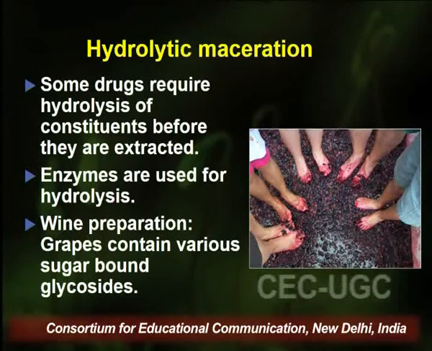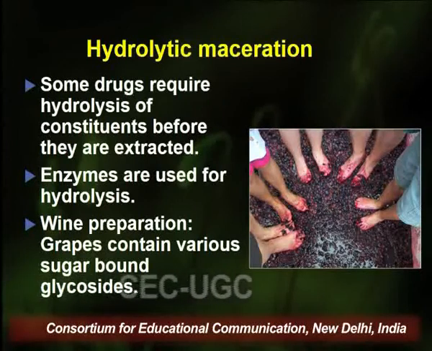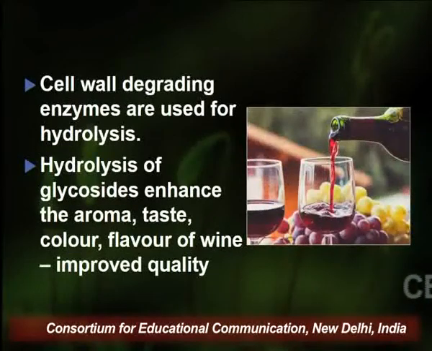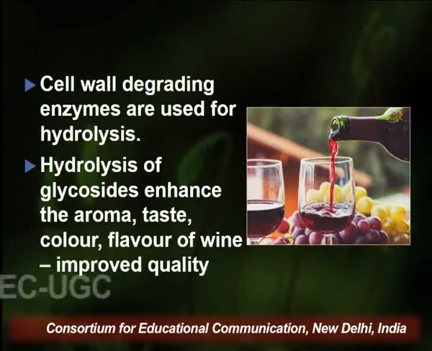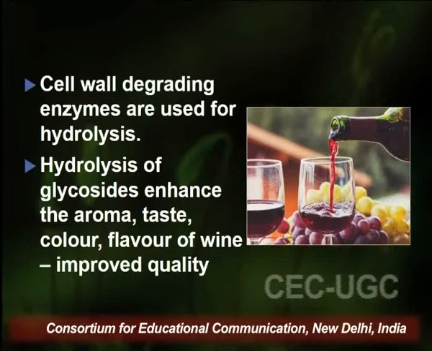extract them. So I have taken the example of the preparation of wine. We know that wine is normally prepared with grapes, and grapes contain various sugar-bound glycosides. So what we do is add cell wall degrading enzymes to the mixture, which causes the breakdown of the cell wall, and eventually crushing is another step involved in the preparation of wine. This breakdown of the cell wall followed by crushing